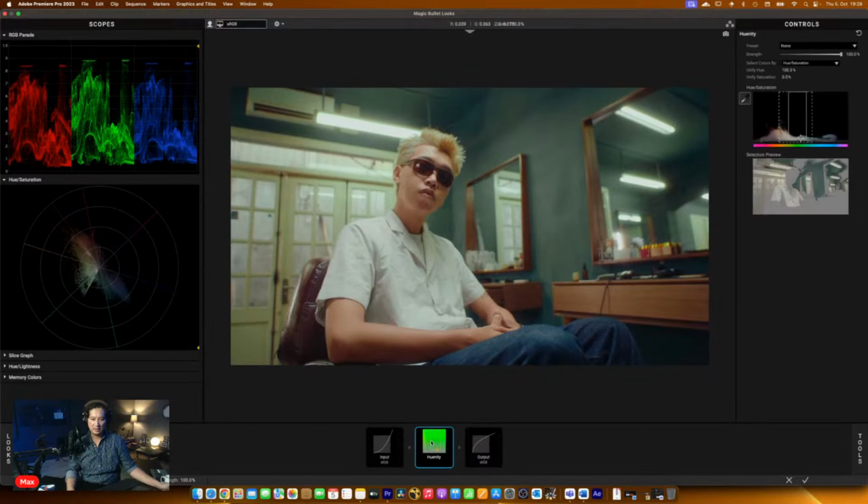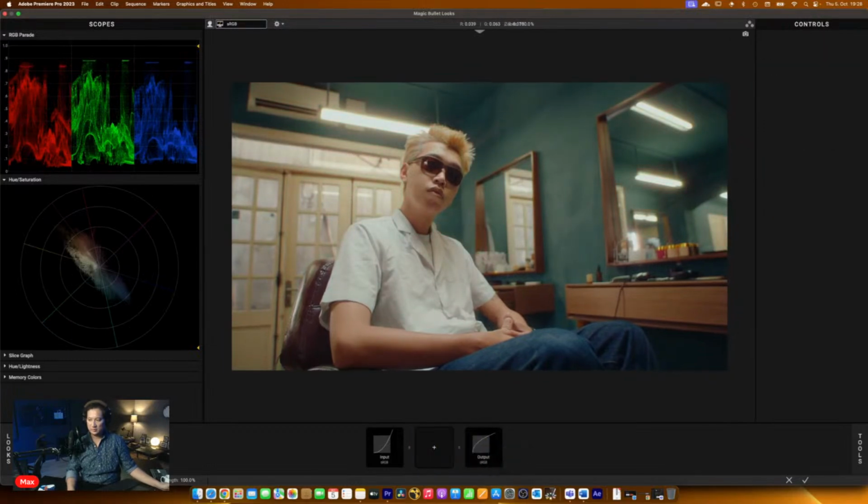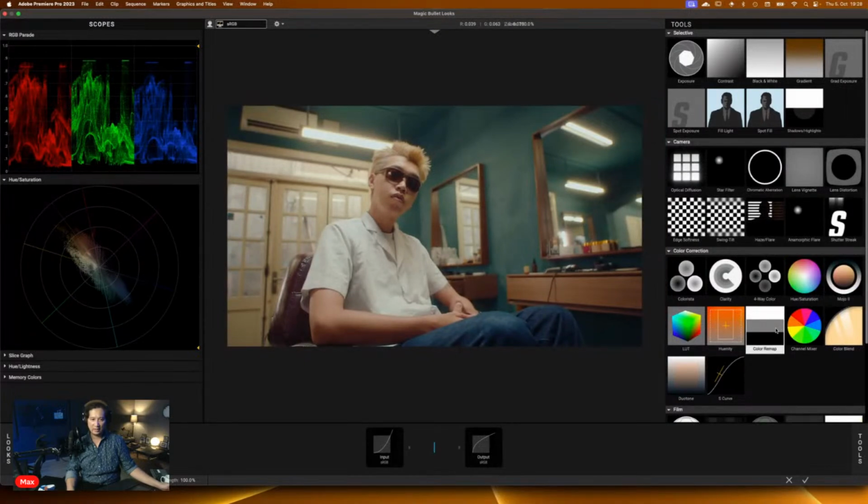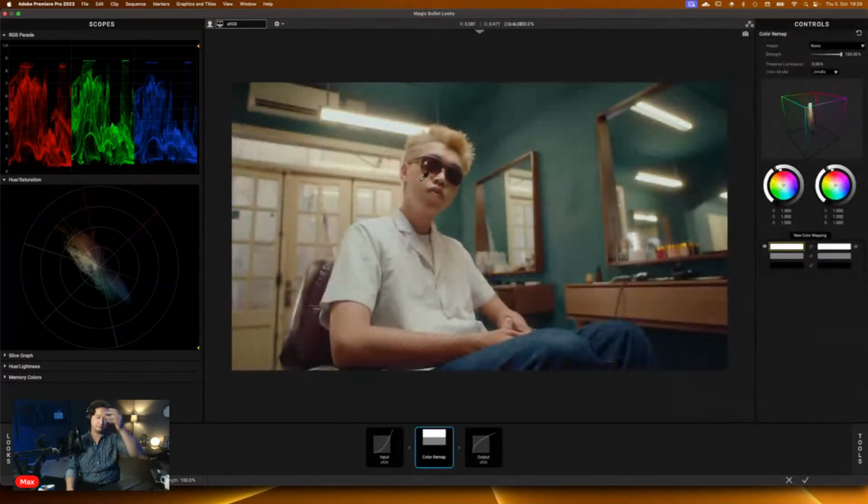That is Huenity. So it is targeting one specific color, and then after that, make the neighboring color the same uniform color. So the next one is color remap. The idea of color remap is that you can take any color and map it to a different color. So for example,